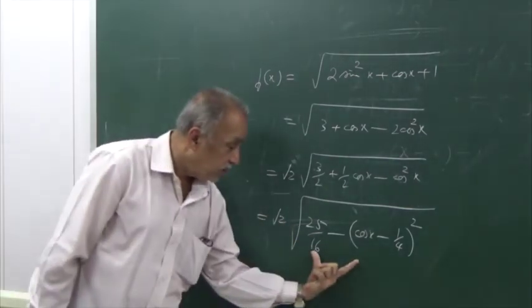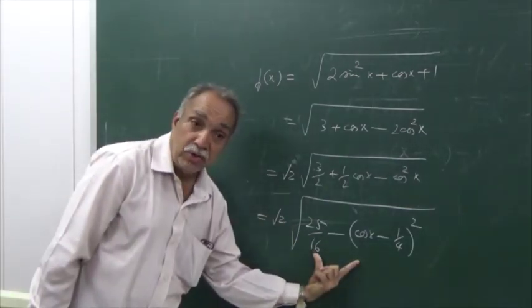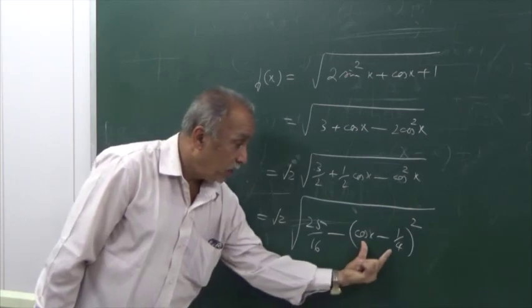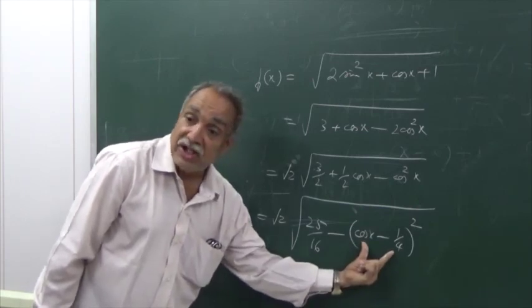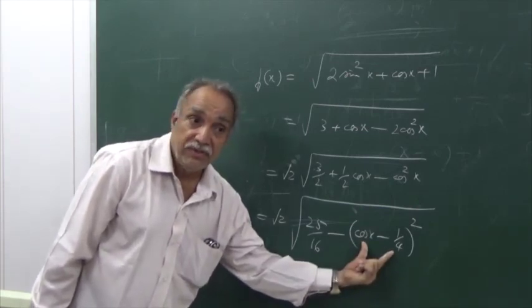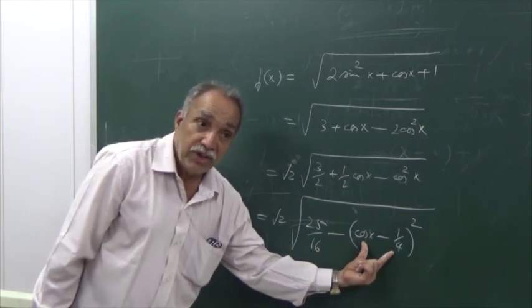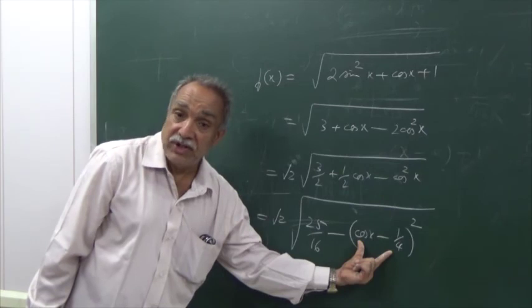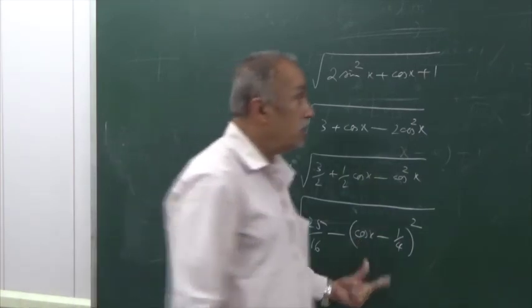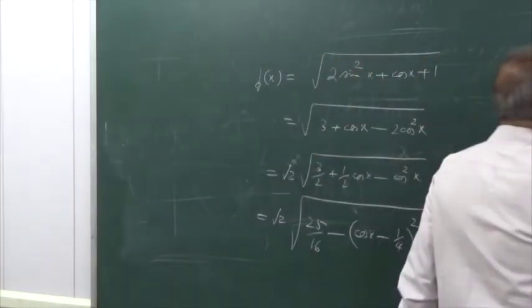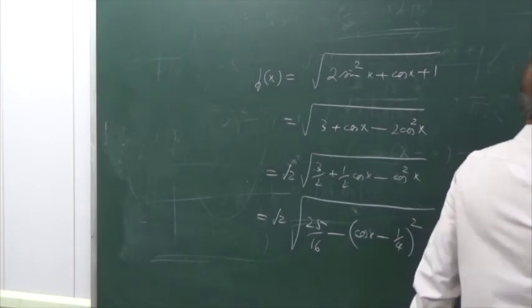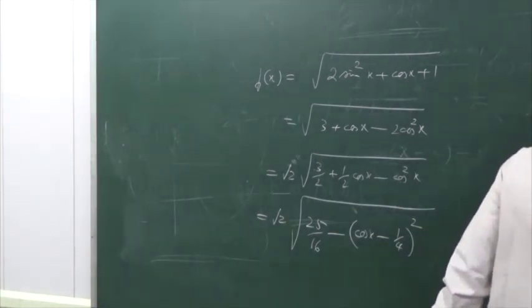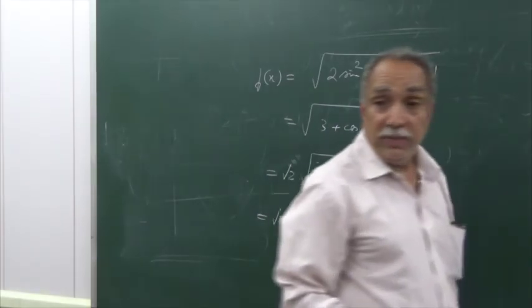To have this expression greater than or equal to 0, I will require this expression to be less than or equal to 25 by 16. The question now is, when is this less than or equal to 25 by 16? To have cos x minus 1 by 4 whole square less than or equal to 25 by 16, my requirement will be